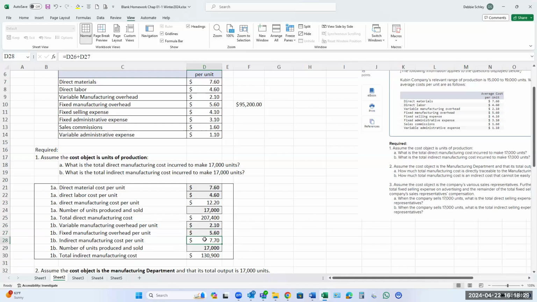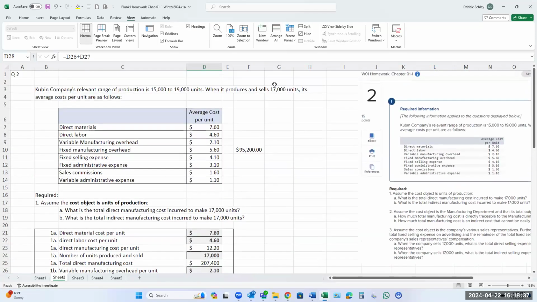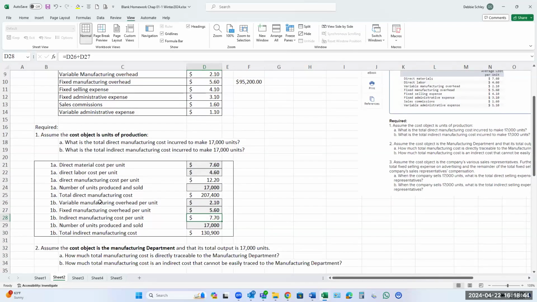Indirect, so right, fixed manufacturing. And the reason this works is this 17,000 units is the same 17,000 units that they use to make these numbers. So again, variable manufacturing overhead, that is indirect, and fixed manufacturing overhead, that is also an indirect cost. So that's why those are the indirect costs of manufacturing. It's those two added together. And then it's that same 17,000 units